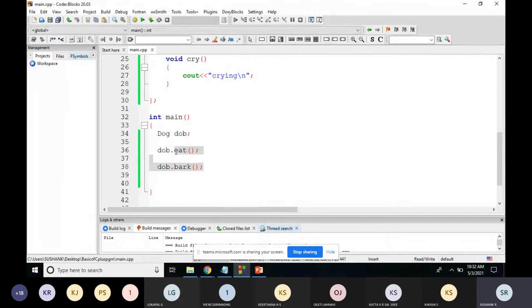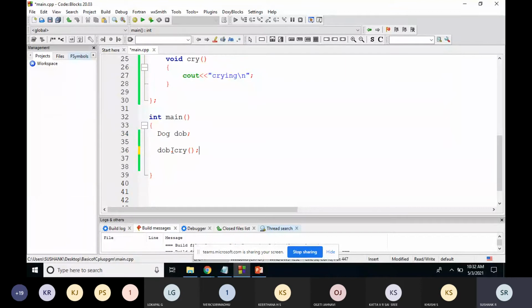The base class cannot access the child class members. For example, if I write dog object dot cry method, you cannot access it, because the dog object, meaning the base class object, cannot access child class members.